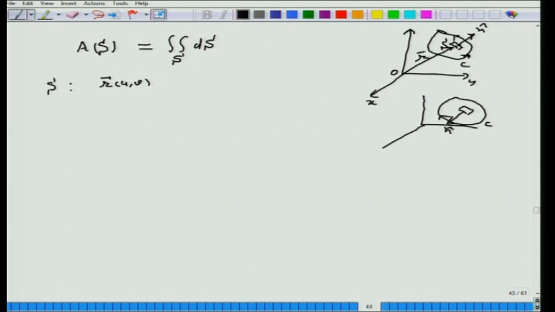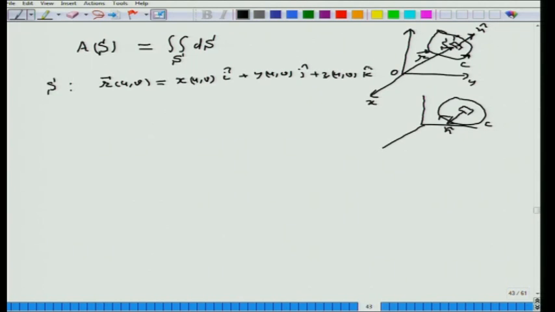So, this is the position vector R, and it will be a function of two parameters u, v. So, we take x(u,v) i plus y(u,v) j plus z(u,v)